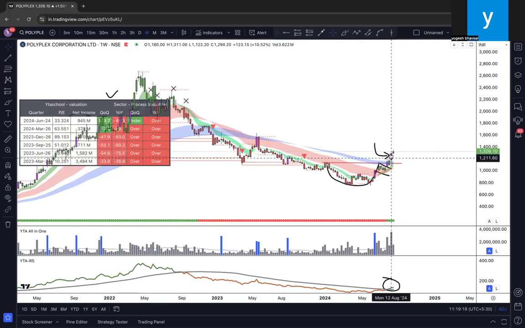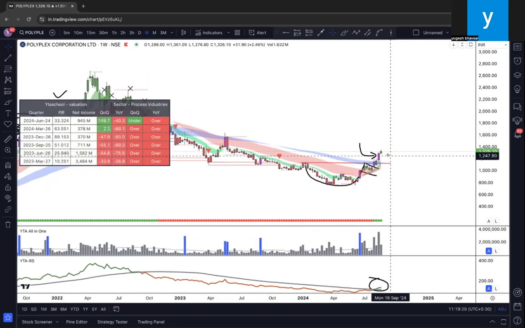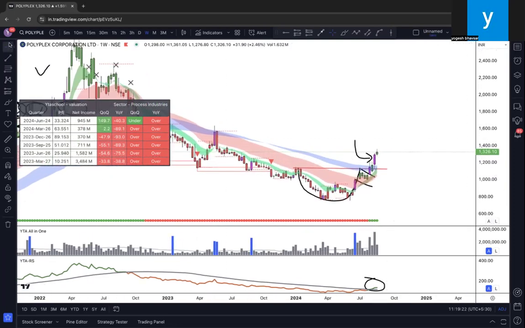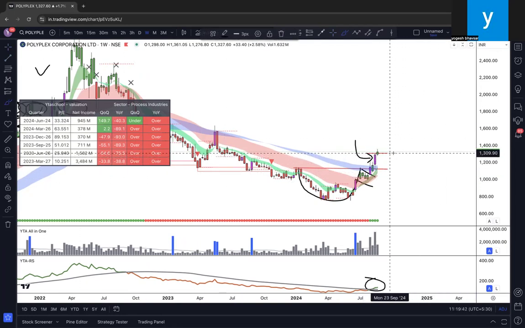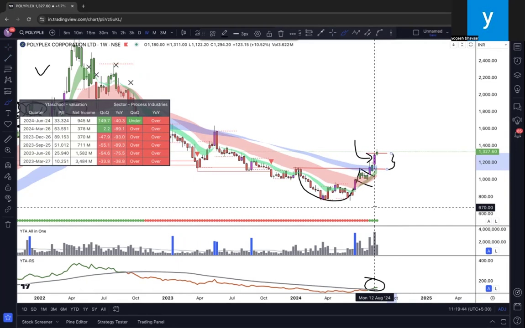Now this criteria fulfills my logic. So the point is, what I do is I buy above this candle and put a stop loss below this candle. Okay. Now I let it run. Till how much will I let it run? Now there are two possibilities. There is a high possibility that this can take my stop loss. Then I'm out of this trade.